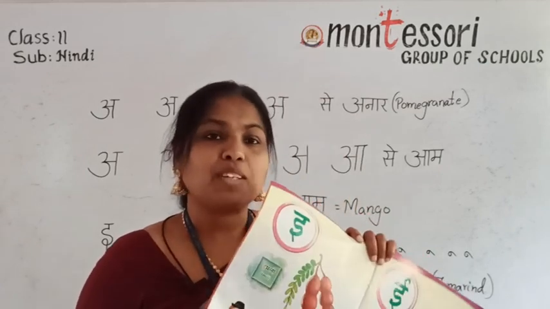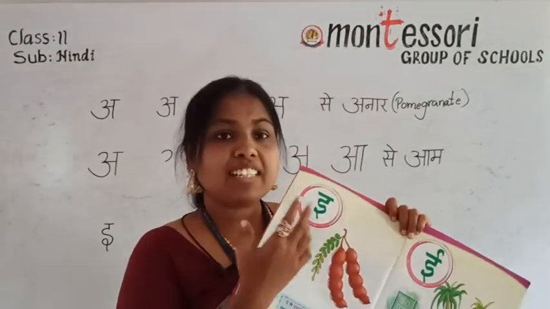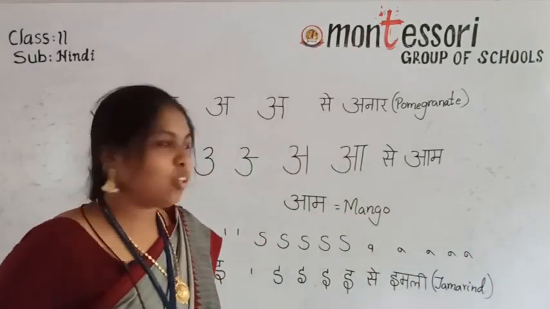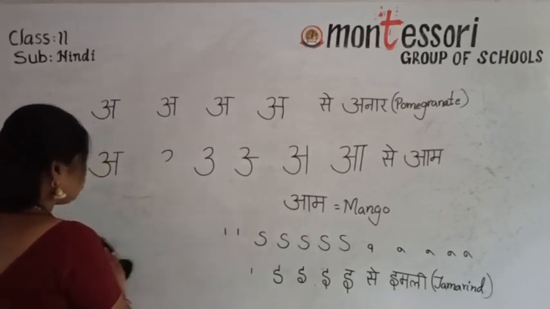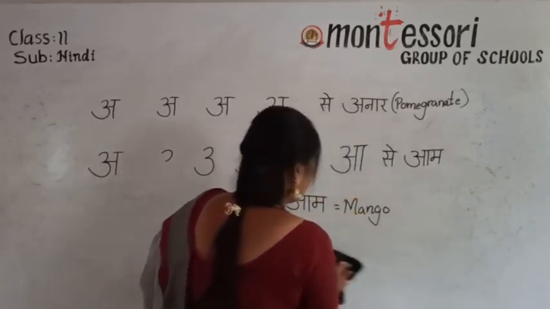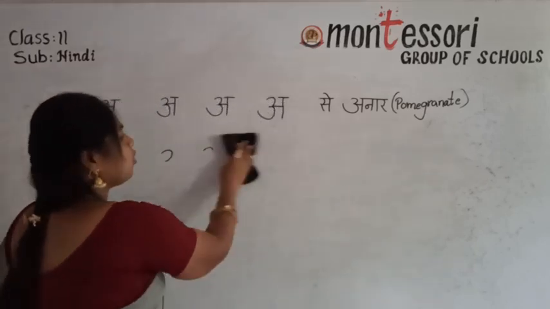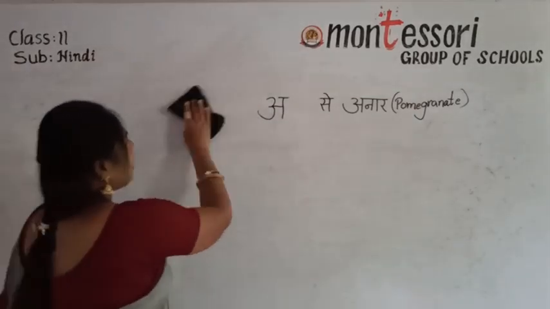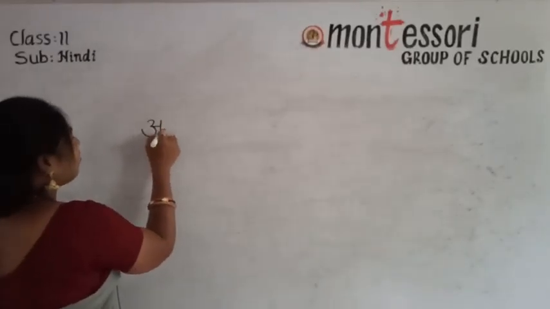by seeing the picture, by seeing the letter, we can read a word and a letter. We can identify the letter also. Okay children, I will show some words here, how you have to identify the letter and word. Okay, I will show it. See what I have written on the board, you have to practice. Understand children? And okay children, see here how we have to identify.